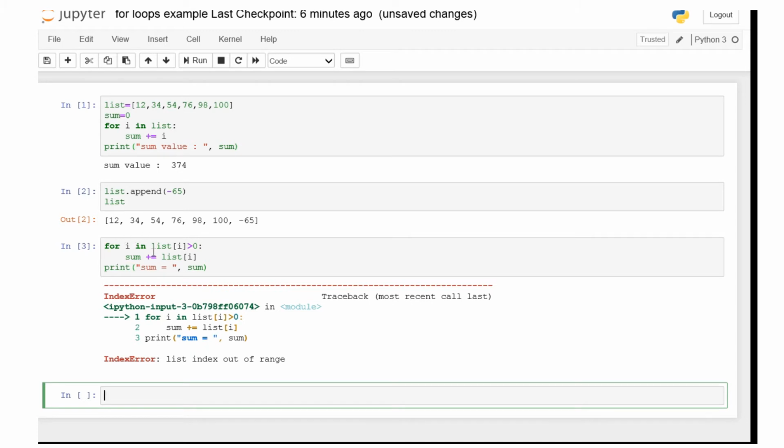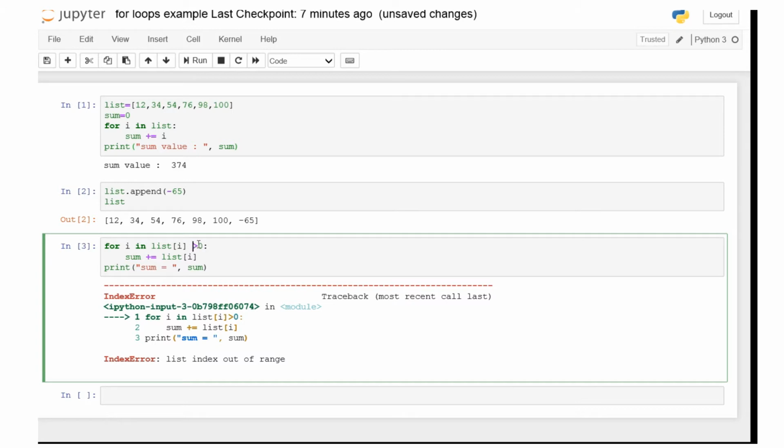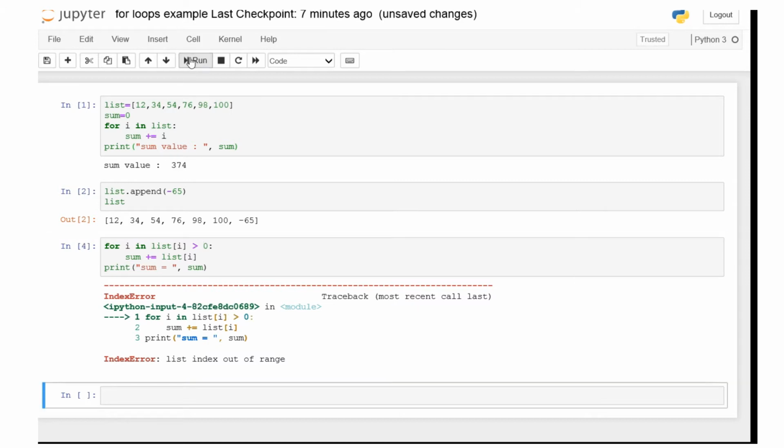For i in list of i greater than 0 gives the index out of range error, whereas for i in list the program comes out correctly. I want to check all the positive values and then find the sum of the values present in the given list, but with for i in list of i greater than 0, the list index is out of range.